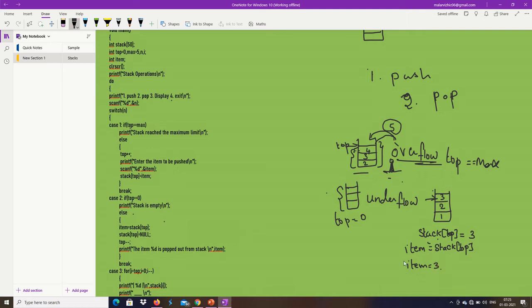So after doing this one only, we are going to decrement the top value. Before this one, top is equal to 3. After retrieving the data from the stack, I should set stack of top is equal to null. After setting this one, I can decrement the top value. It means I will get top is equal to 2. After executing this statement, this value will be erased from